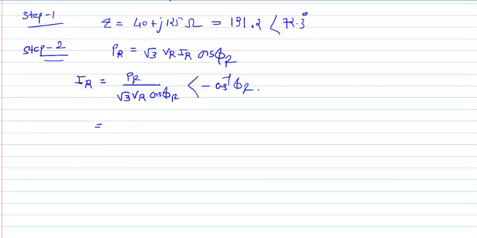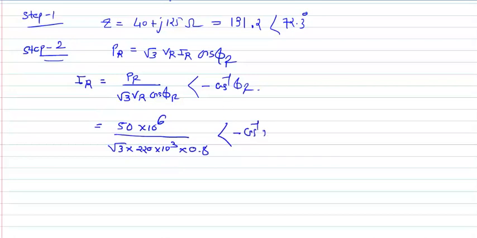So we have the PR, meaning receiving power, is given, it is 50 megawatt. So 50 into 10 raised to 6, then root 3, then 220 kV, that is the receiving voltage. So 220 into 10 raised to 3, and what is the cos phi? Cos phi is 0.8, and if I take the cosine inverse of 0.8, so